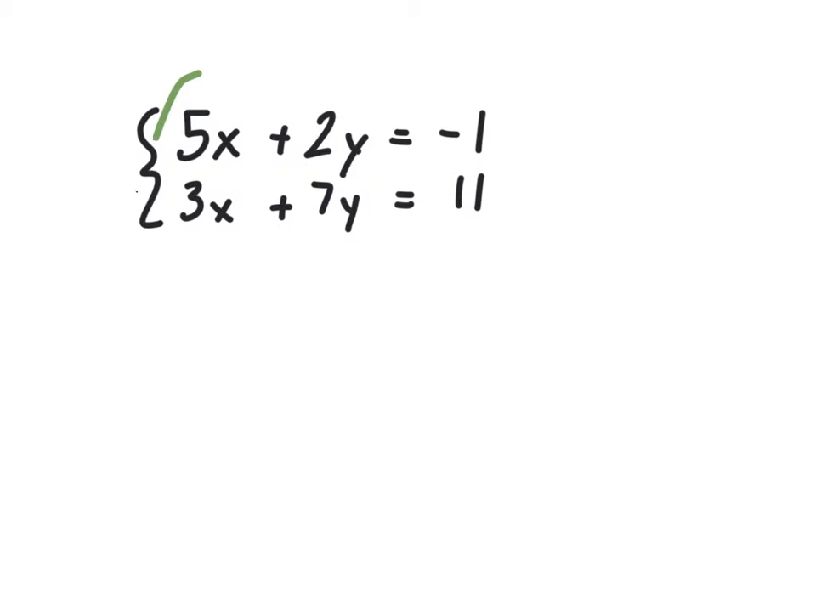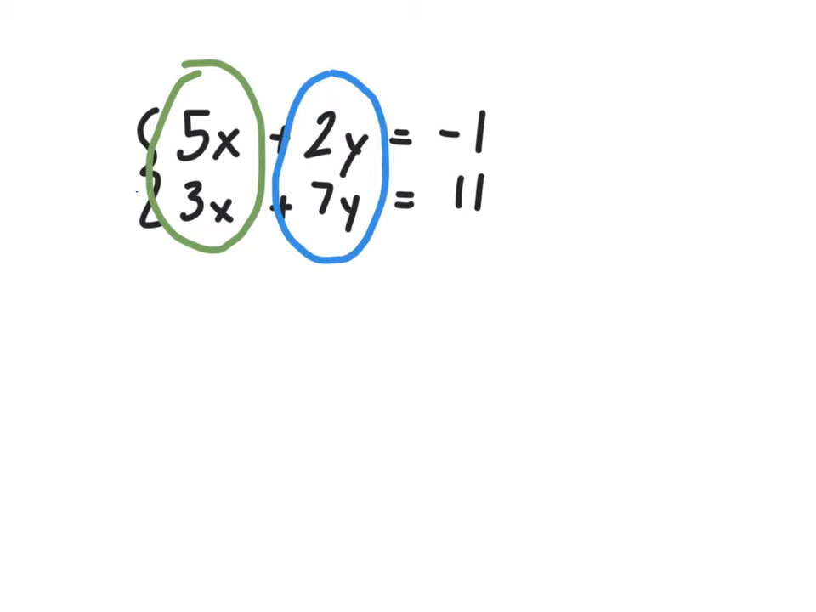Here I have a 5x and a 3x. And here I have a 2y and a 7y. Neither of those pairs have opposites. In fact, the values aren't even the same. So what we're going to need to do is use multiplication in order to force